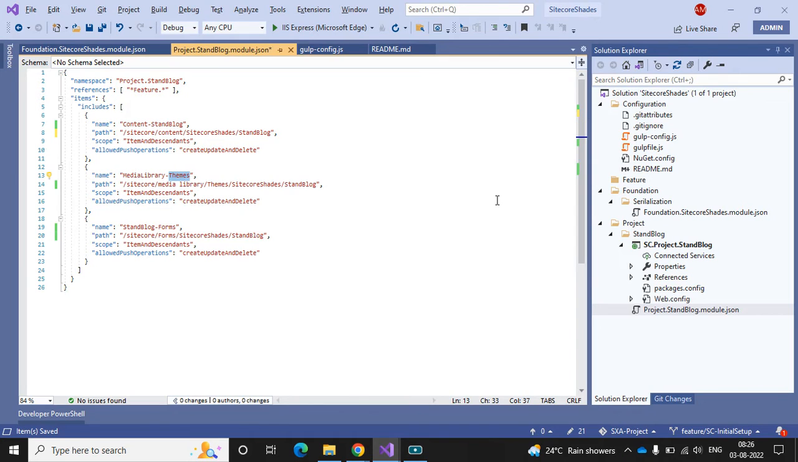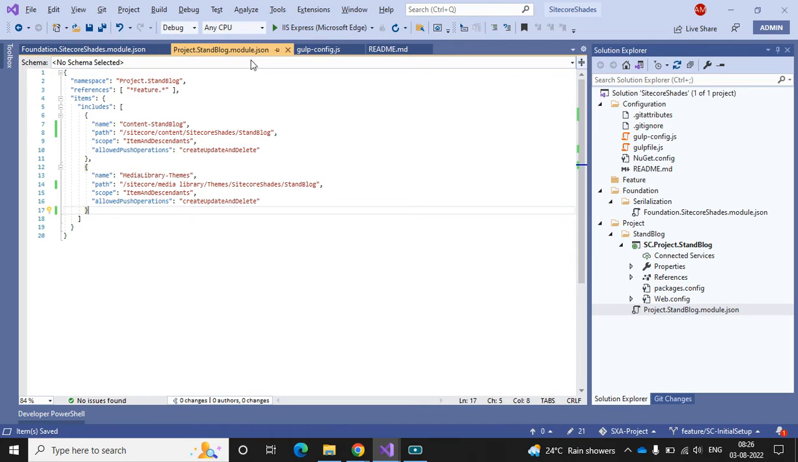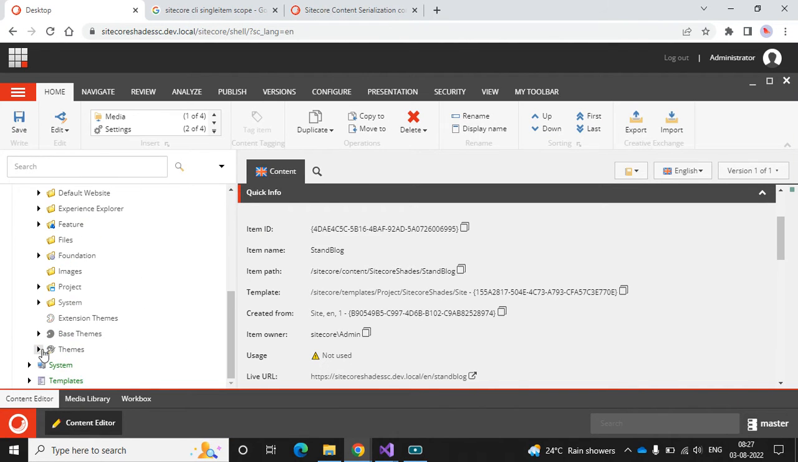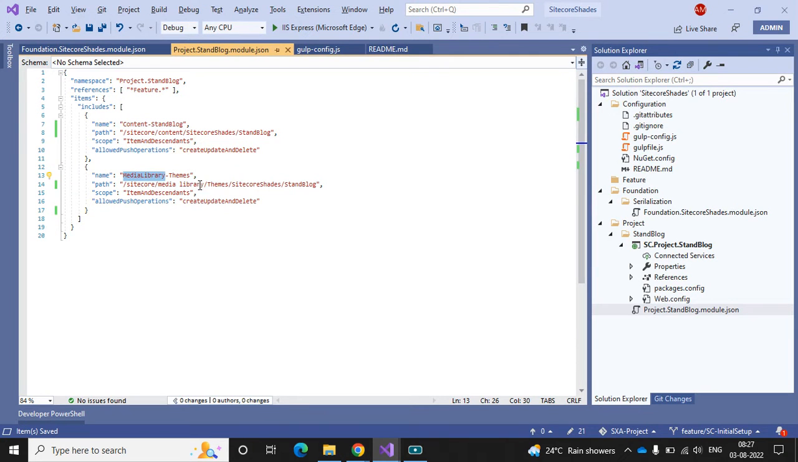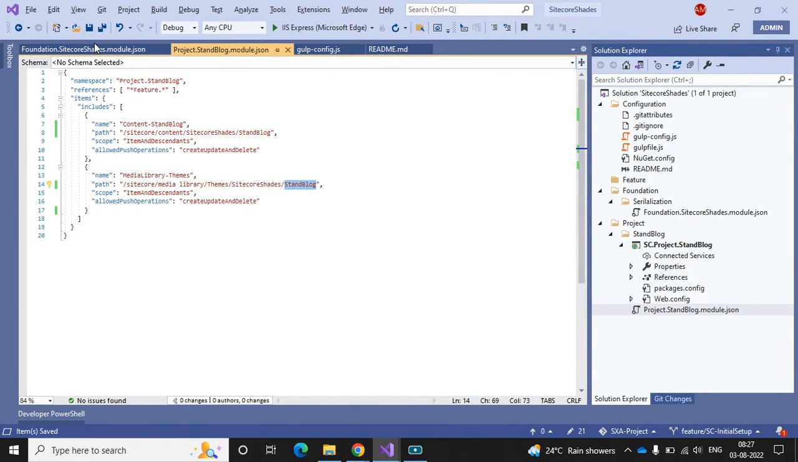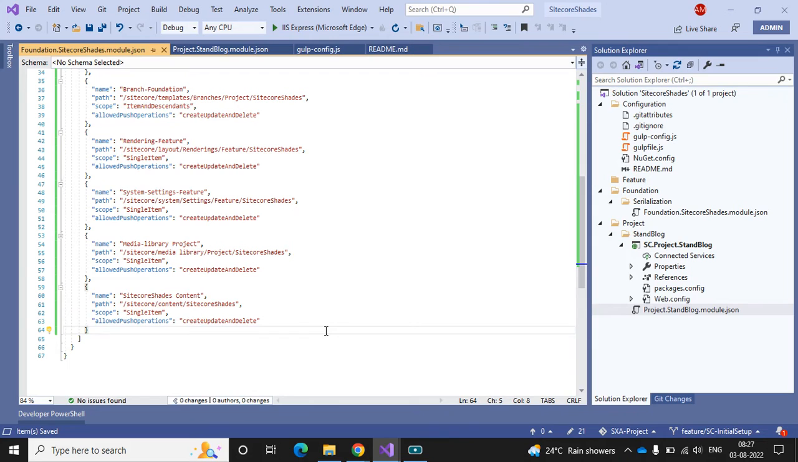the media library themes, and I'm not using the forms. Okay, let's leave it, we don't want this. So media library themes, let's go to the media library, and then themes, and then Sitecore Shades, and then stand block. So I have directly added this stand block, but I didn't add the serialization for the Sitecore Shades. So that we need to add here, copy this and paste it, and Sitecore Shades themes,